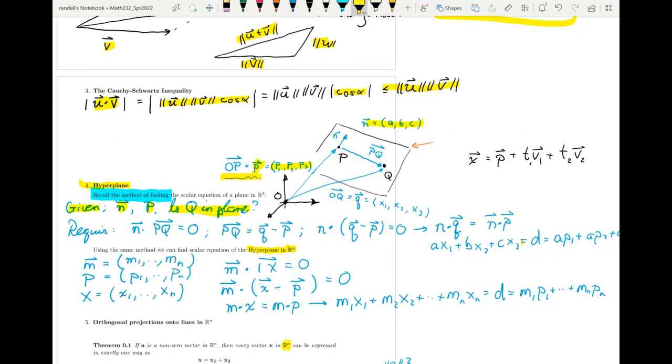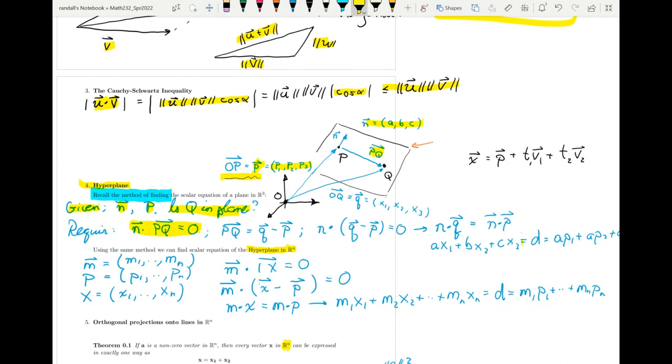So its coordinates are x1, x2, x3. Now we see that if it is in the plane, then this vector PQ from P to Q should be perpendicular to n. So that's this condition right here. So that's the condition that Q must satisfy for it to be in the plane, that position vector from P